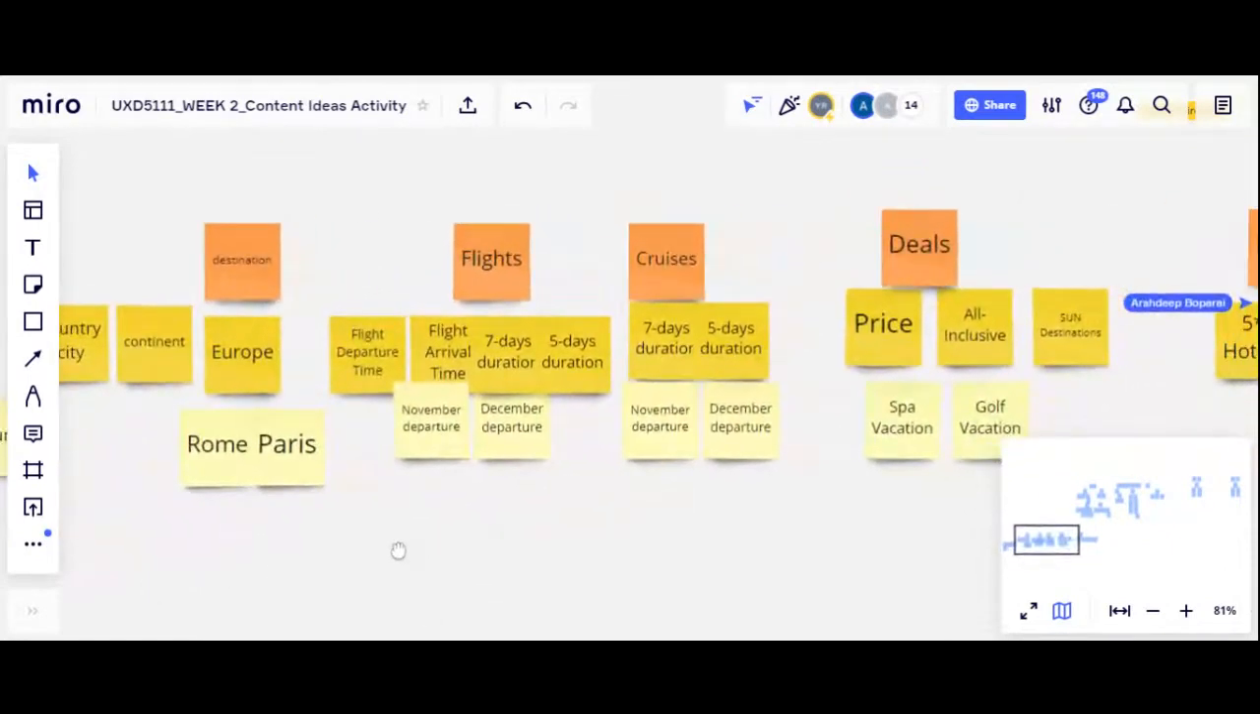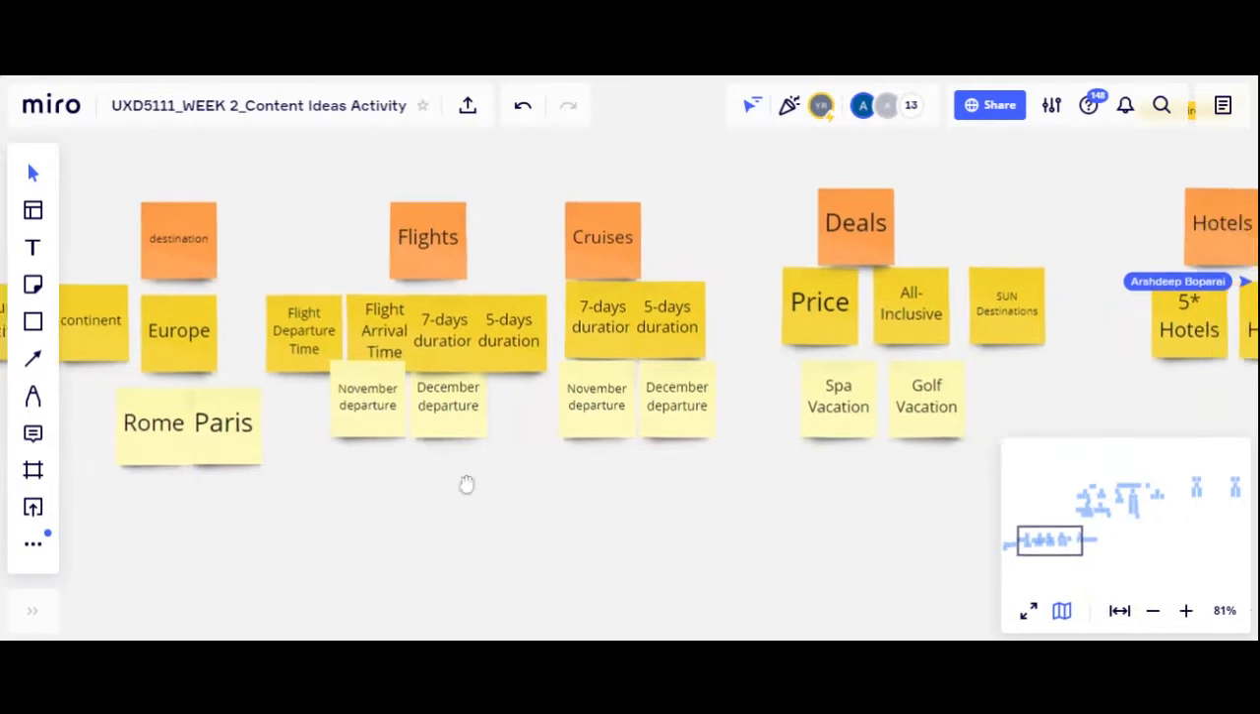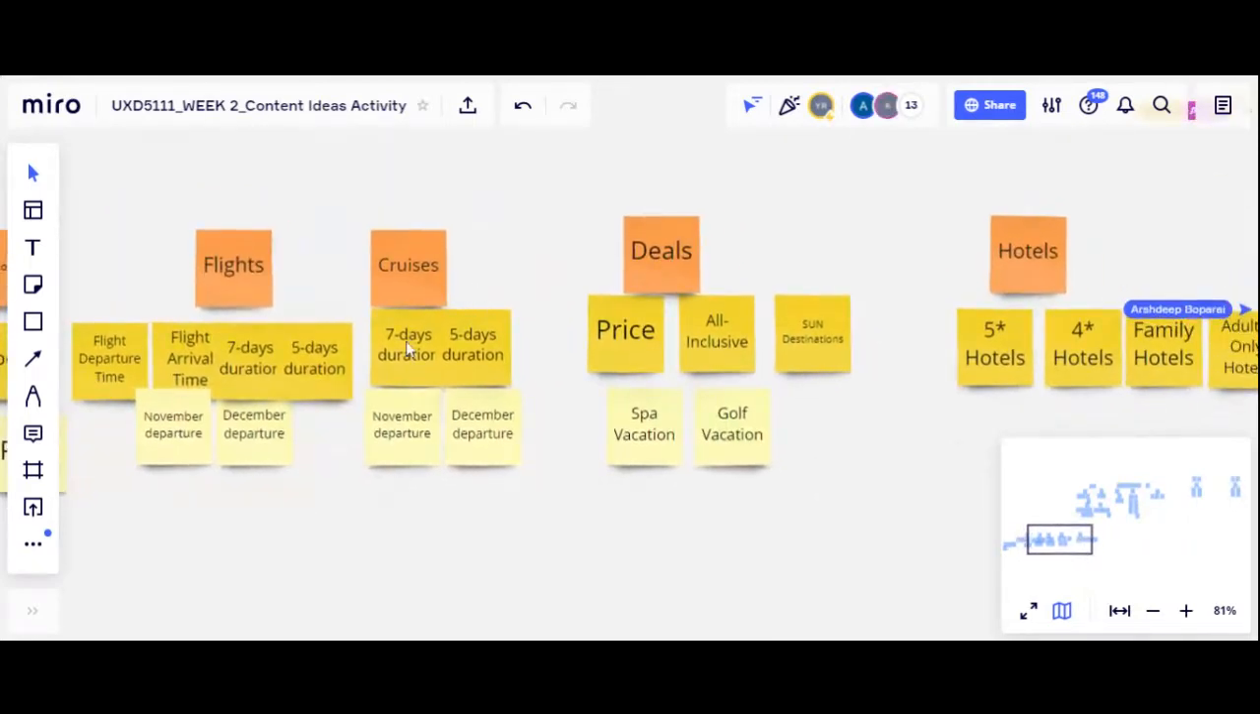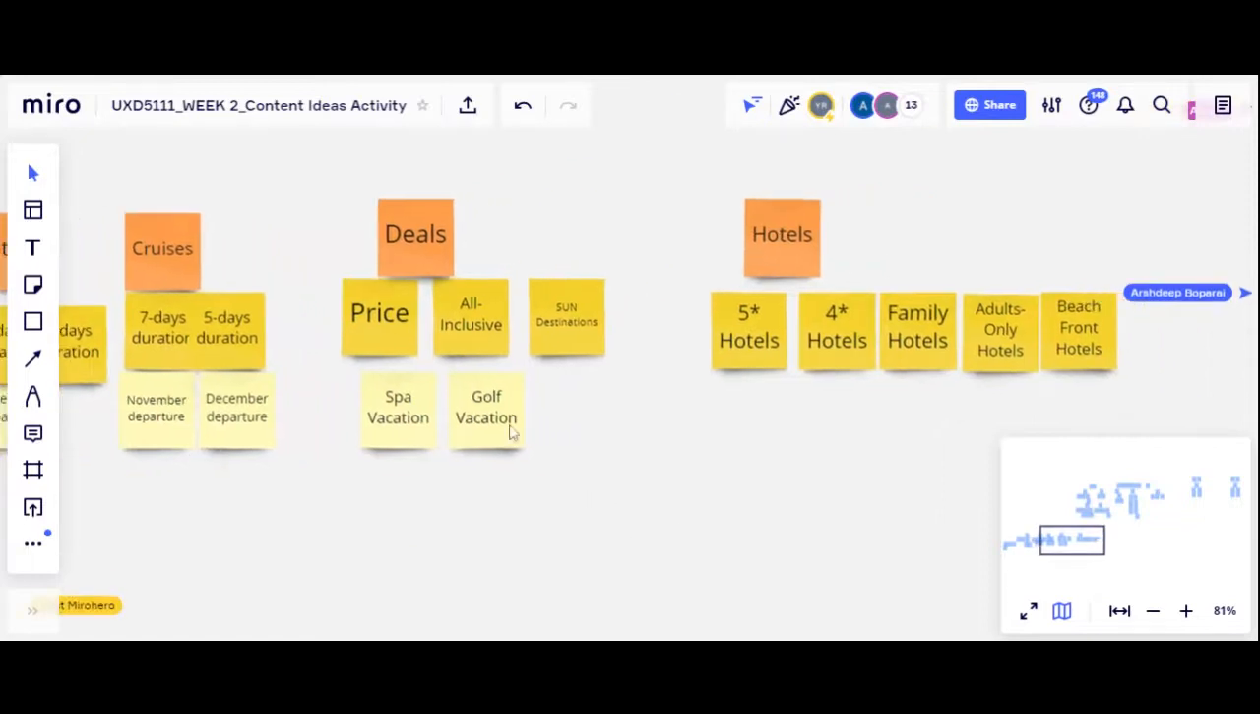Then we said we're going to have flights, flight as one of our level 1. Then we will have flight departure time, flight arrival time, 7 days duration, 5 days duration. And then we're going to have the date departure once we have the flight departure. Then we have cruises, and then we said 7 days duration, and then we have either the choice of 5 days, and then we're going to have the departure element below once we've selected if we want to do 5 days or 7 days. Then we said deals, maybe we'll have spa vacation deals or all-inclusive golf vacation, and then